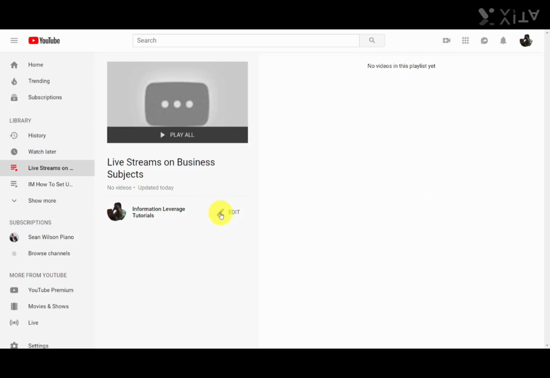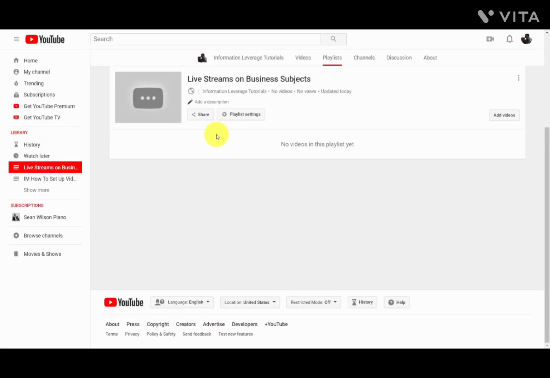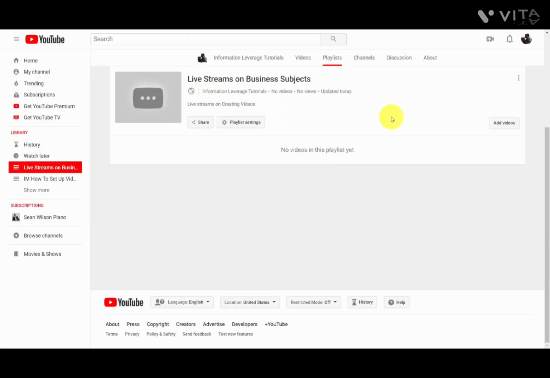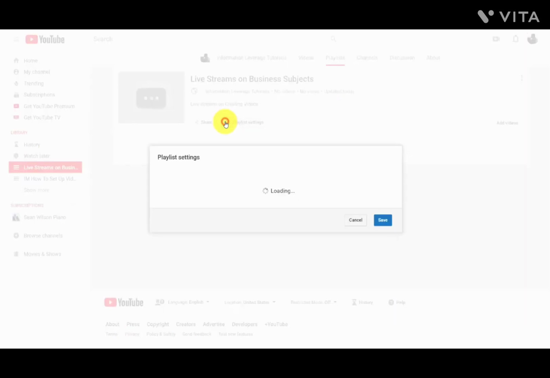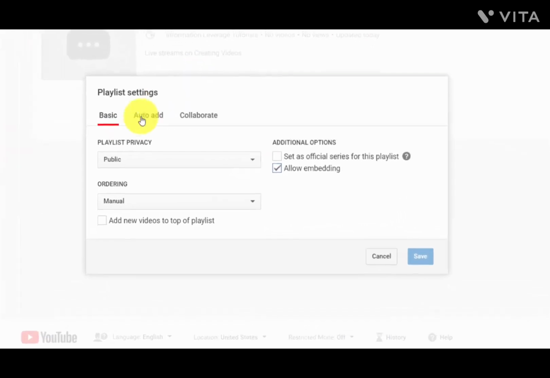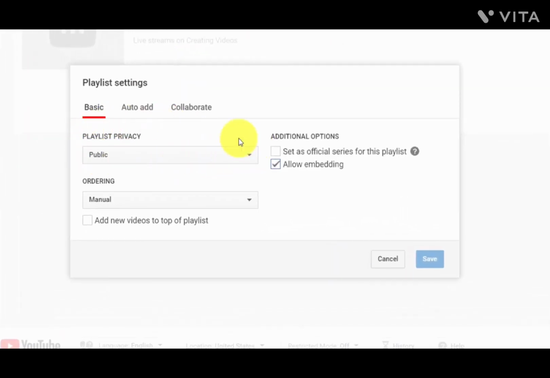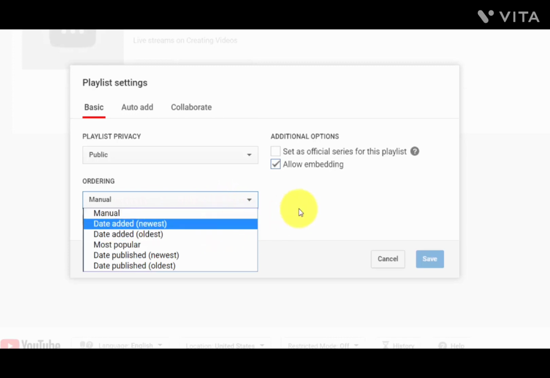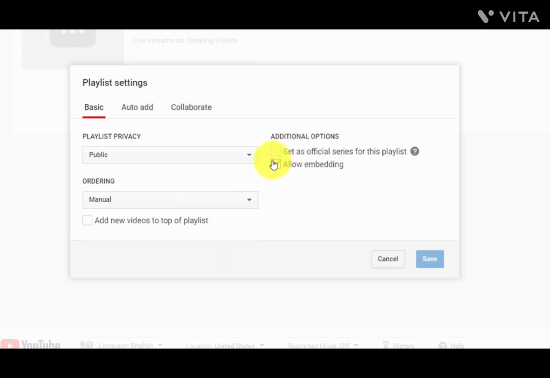First, you can click in this pencil. Then you can add in a description. Once you've done that, if you click outside, then your changes will be saved. You can then click Playlist Settings. Once again, you can decide whether or not the playlist is going to be public. You can determine that you are going to direct how the videos are ordered in your playlist, or you can use an automatic system. You can decide whether or not your playlist can be embedded,